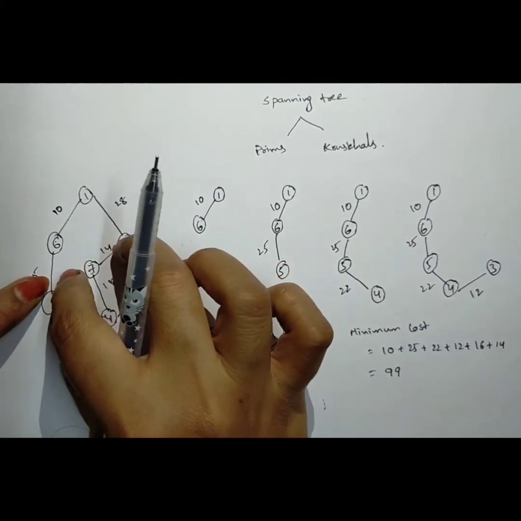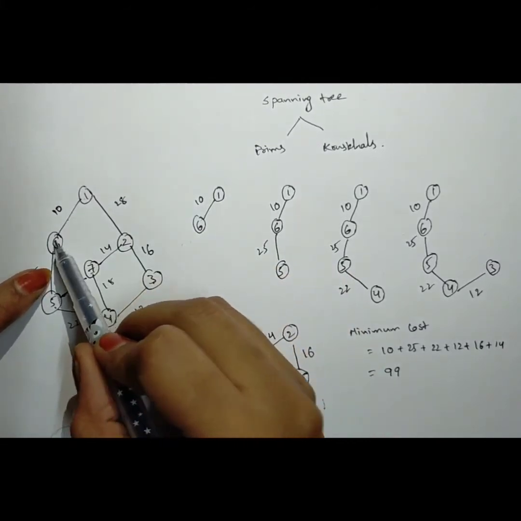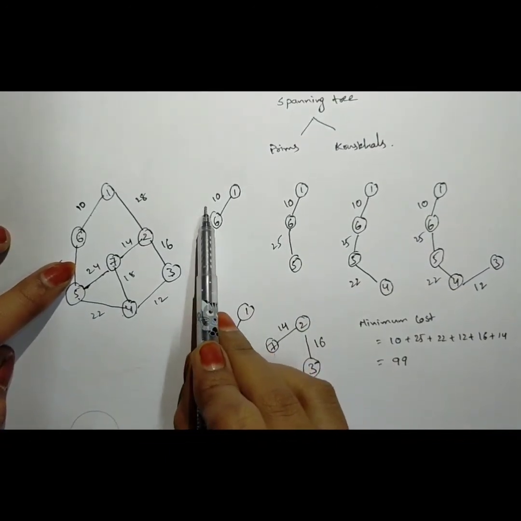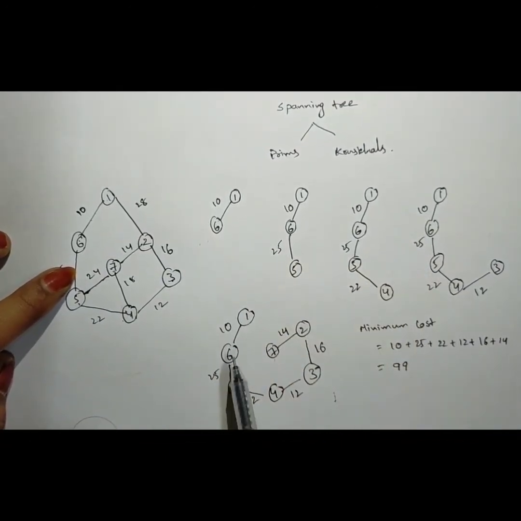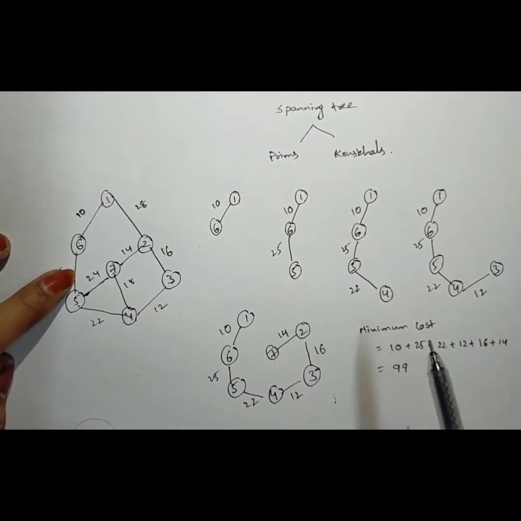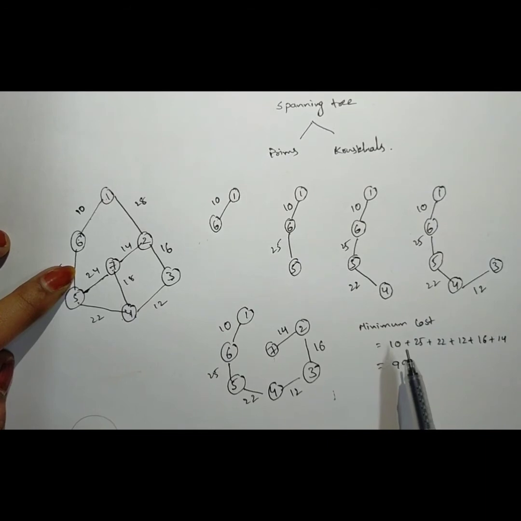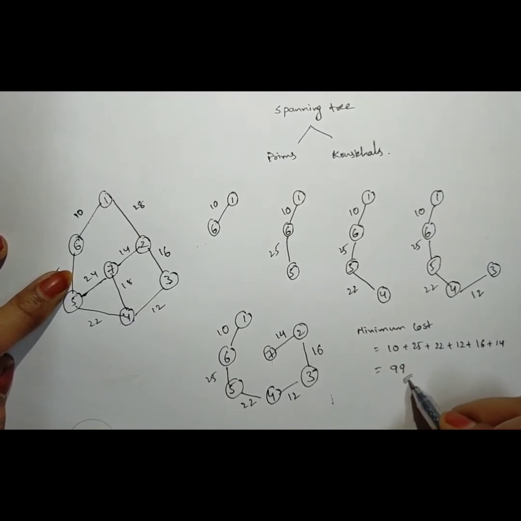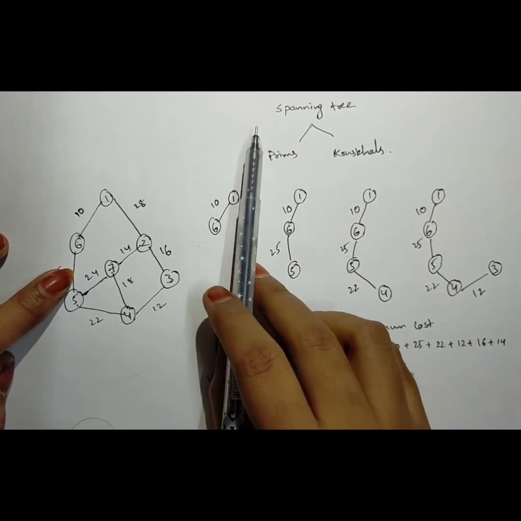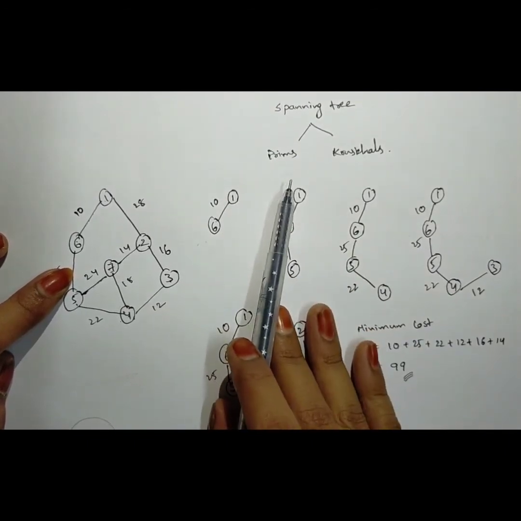Between these 2 nodes I have chosen 1 to 6, okay, this is called the optimal choice, and we have got optimal solutions at each step. The combination or the summation of all the optimal solutions is called the feasible solution, and this is the final solution of the minimum cost spanning tree by using Prim's algorithm.